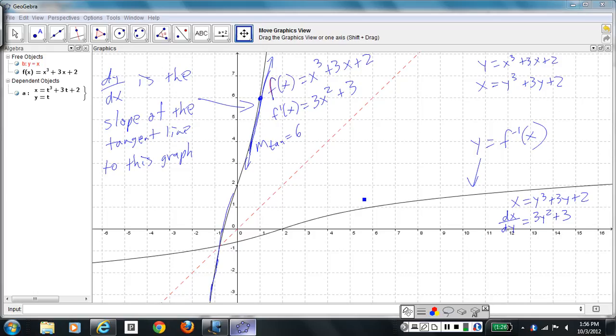Well, if the point (1, 6) is on the graph of a function, what corresponding point would be on the graph of its inverse? (6, 1). So the point (6, 1) would be on the graph of its inverse. And what would be the slope of this tangent line? Basically, the derivative of the inverse is what we're looking for. The derivative of the inverse tells the slope of the tangent line to the graph of the inverse. Well, we take